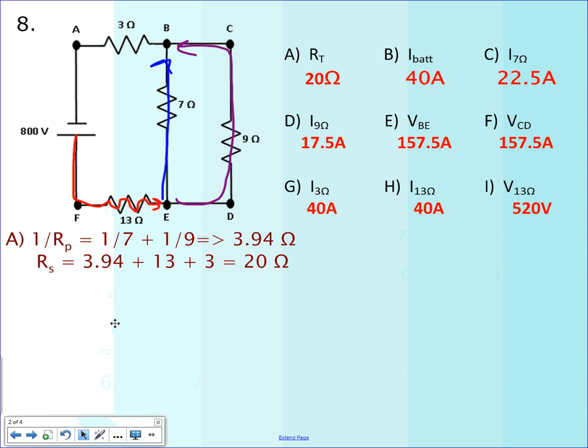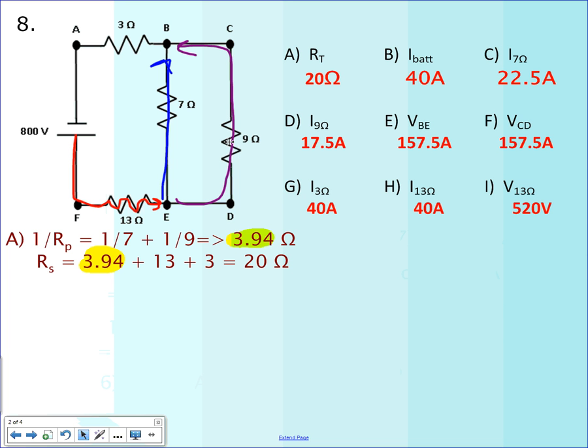So down the parallel pathway, you have 1 over 7 plus 1 over 9. Make sure once you add that, you take the inverse of it, and that gets you 3.94. Now remember, that's within 0.1 of a whole number, so I'm going to end up eventually rounding that to the whole number. So this 3.94, I'm rounding to 4 essentially when I'm making the answer. Now that I know that this 7 ohm and 9 ohm parallel path act as a 4 ohm resistor,